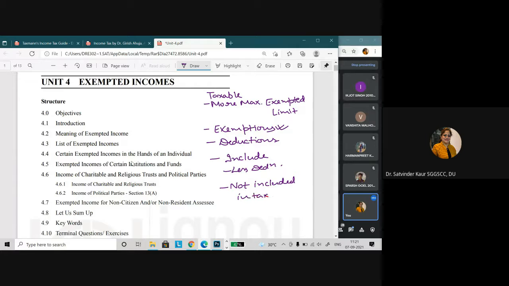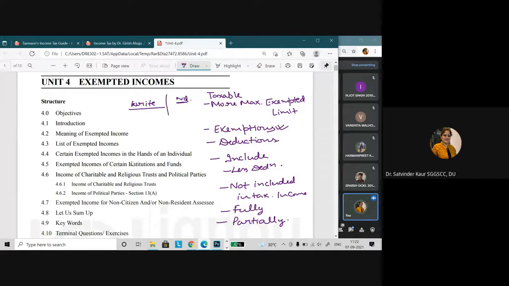Right. So exempted incomes can be fully exempt and they can be partially exempt, right? And there are two ways of showing the exempted incomes. One way is that you write about that particular income, and against it, instead of a figure, you put a dash or you put the word nil. In this way, if you are solving a particular problem, you will not forget to include or mention this income at a later stage of your solution.